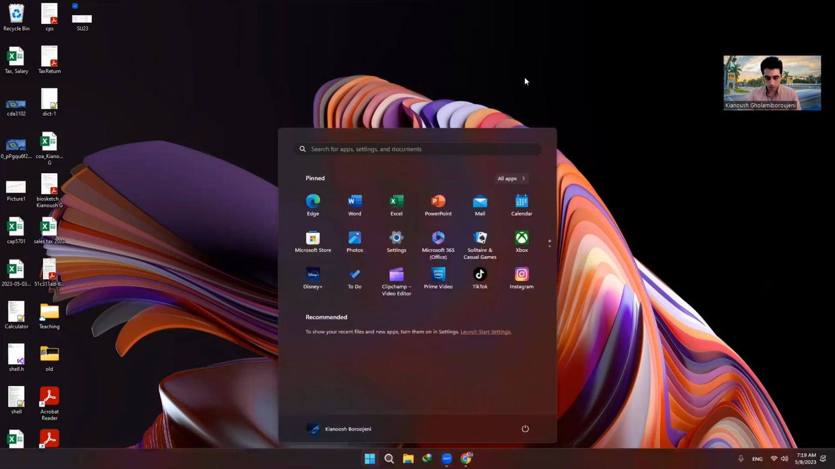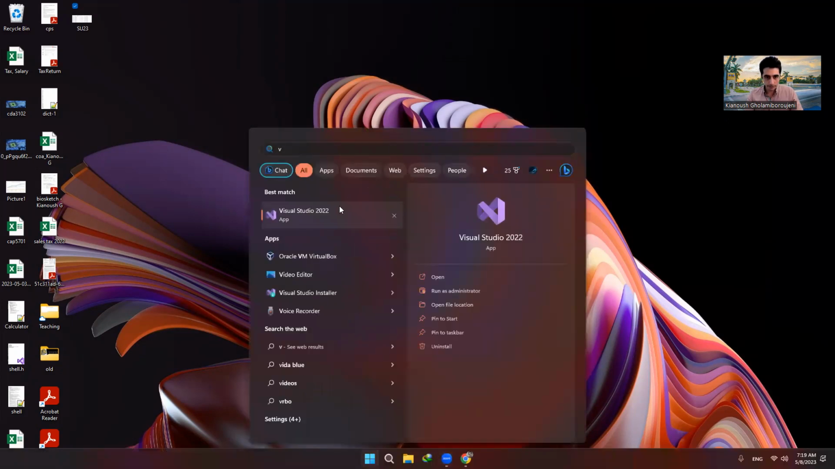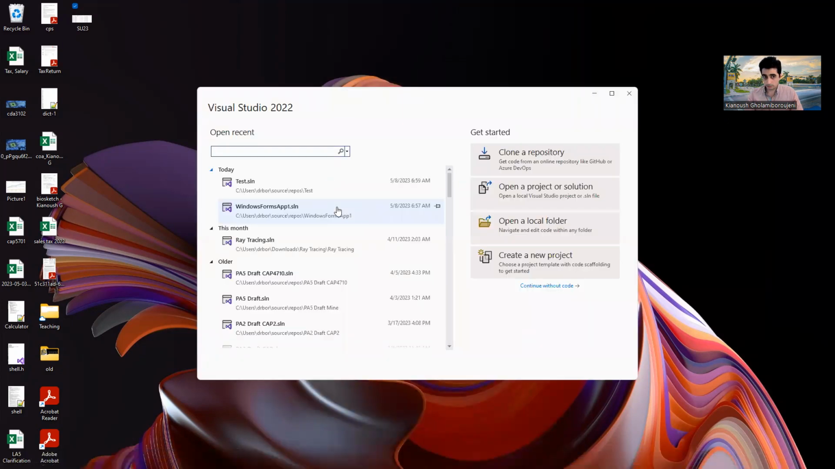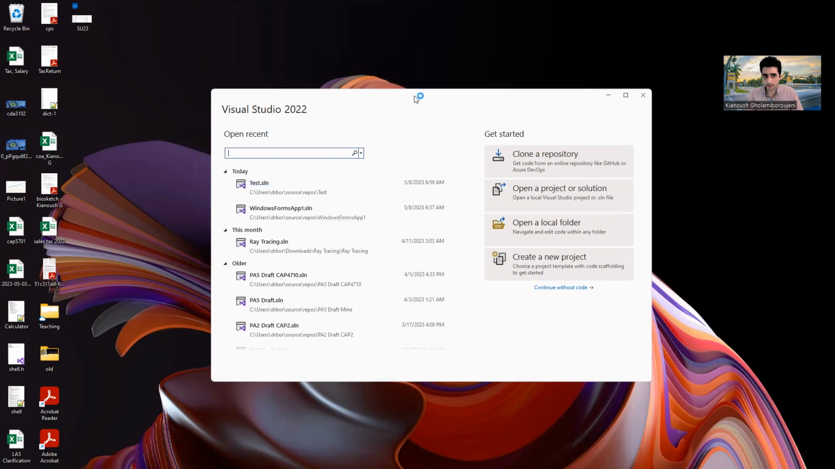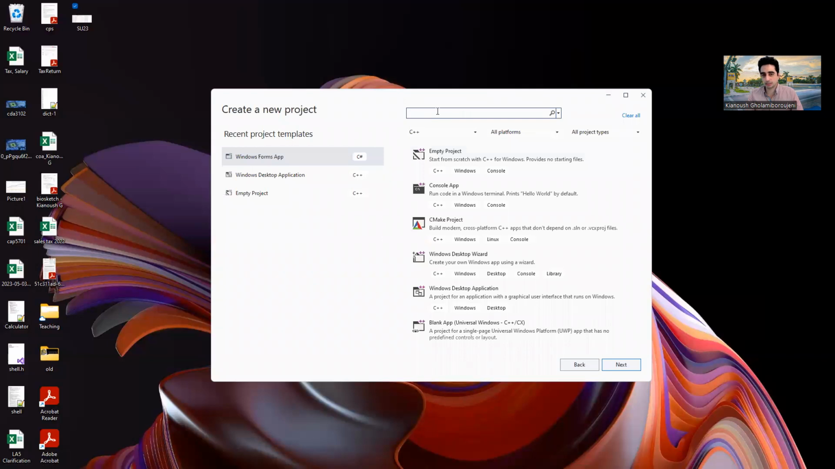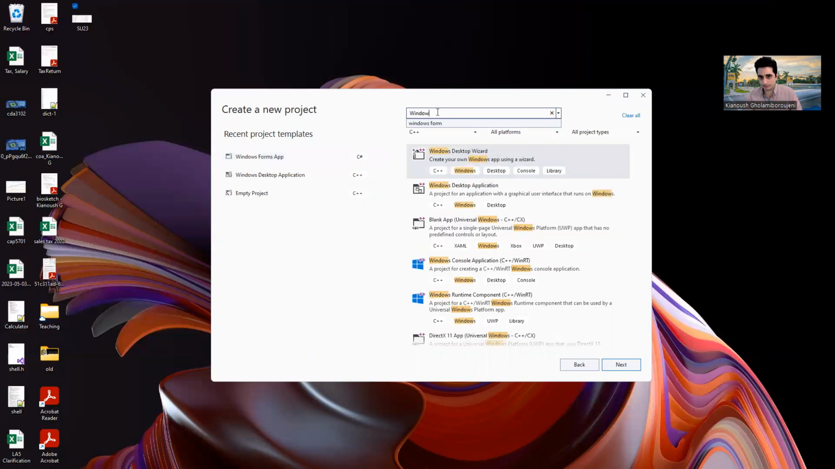Let me load my Visual Studio. Let me start it. And now I have the first window here. I can say, let's create a new project. And then I can search for Windows Form